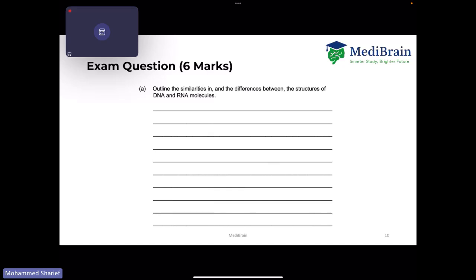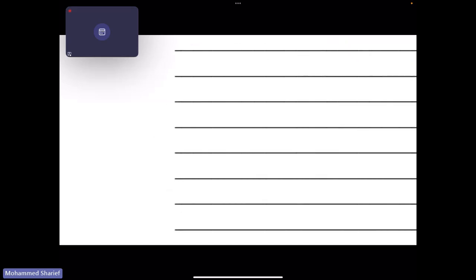First question, 6 marks. Outline the similarities in and the differences between the structures of DNA and RNA molecules. Okay, so if we look at the similarities, remember DNA and RNA are both polymers. And for any question which comes up like this, you need to start off by saying polynucleotide or polymer of